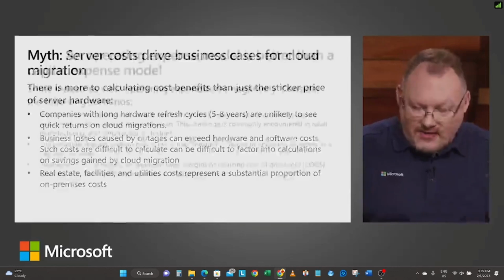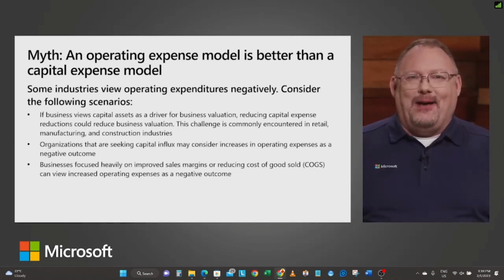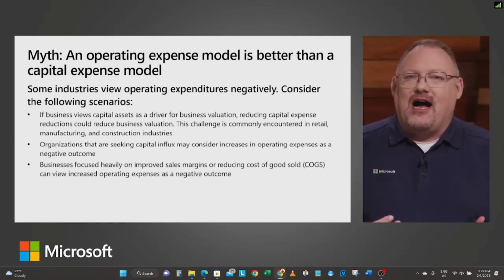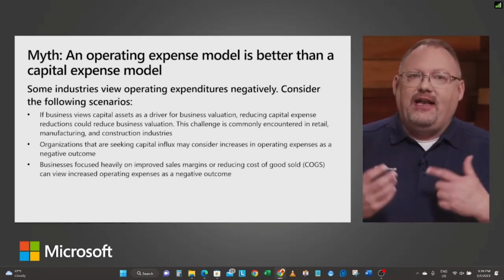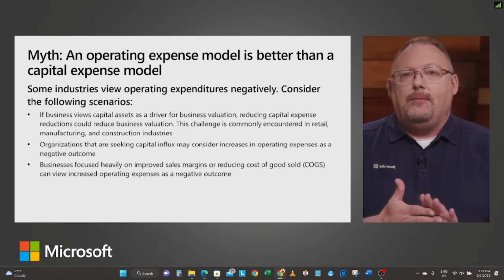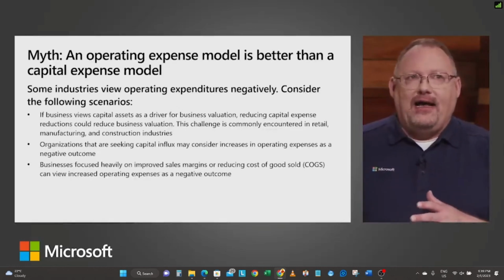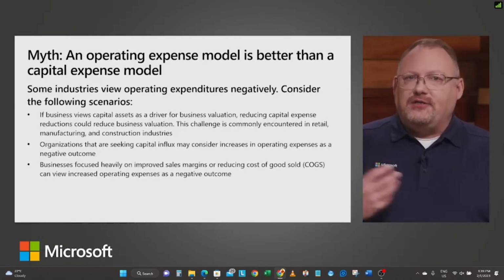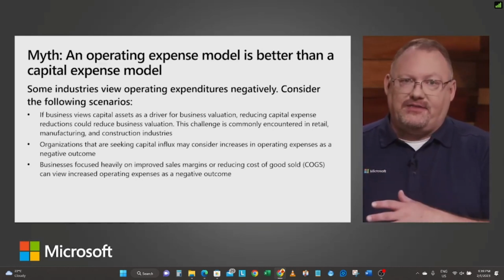Really important to look at the total cost of ownership. Oh, OpEx is better than CapEx. We've heard this before. And when I look at this, this is a big driver for a lot of customers, and quite frankly, the OpEx model is fitting into a lot of businesses and how we design things, and it should be an advantage for you. But when you start thinking about how long you keep servers on average, and if you have contracts that say, hey, we have to run this server for the next 10 years, there is a break-even point for your organization where the CapEx model might be more beneficial to your company.